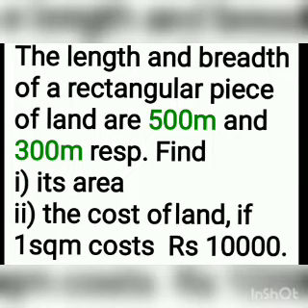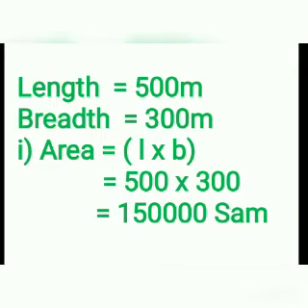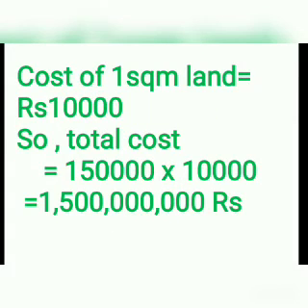So what is the first question? To find its area. What is the area of a rectangle? Length into breadth. So directly multiplying 500 into 300. You know this multiplication of numbers with zeros, the easy way of multiplication, isn't it? Here 500 has 2 zeros, 300 also has 2 zeros. So keep those zeros apart. First multiply 5 into 3. What is 5 into 3? 15. Then write down all the zeros, here 2 zeros, here 2 zeros. So what? 1,50,000 square meter.